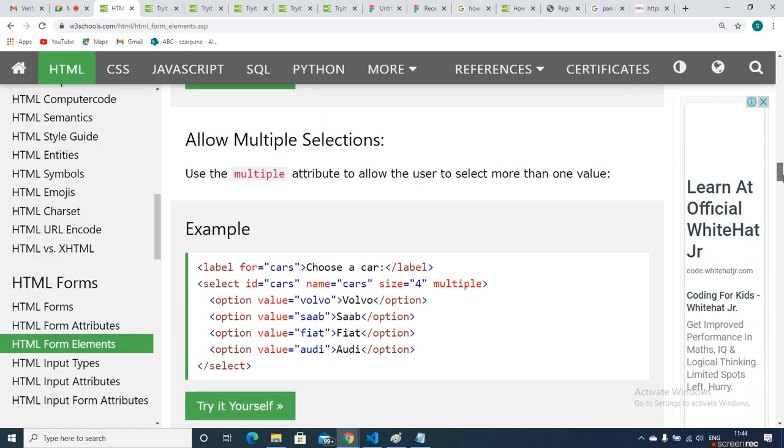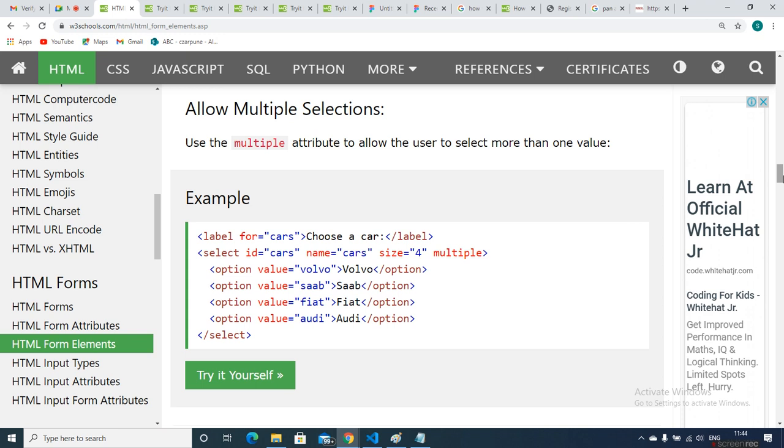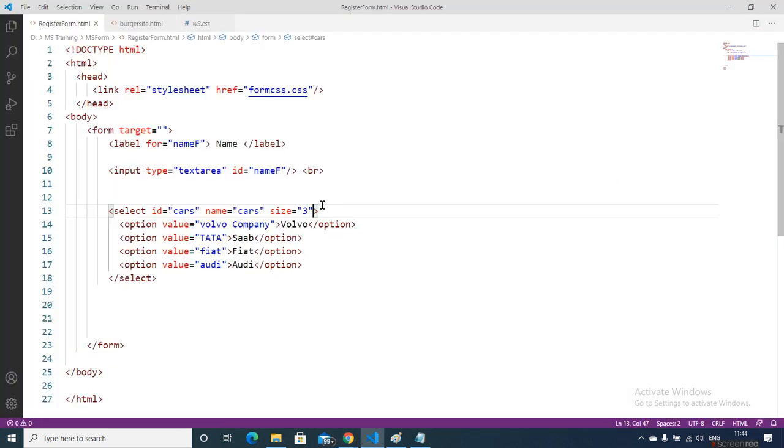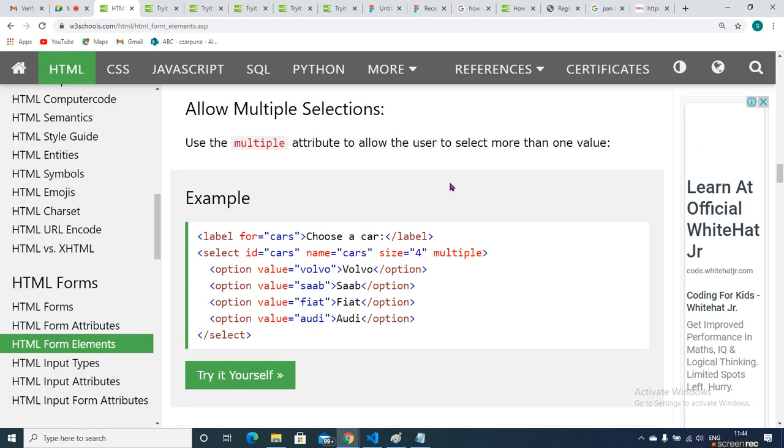Now let's allow multi selection. Sometimes you need to allow multiple selection. Consider the scenario: what kind of fruits do you like? You will say I like apple, I like pineapple. This means you have a multi-choice option. At that time you have to use the attribute multiple.